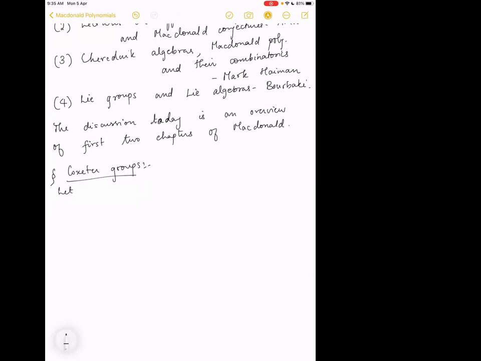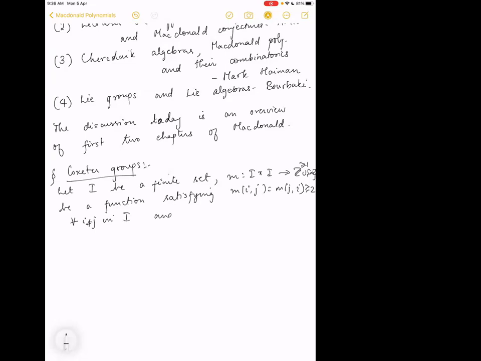Okay, so let I be a finite set, and let m from I cross I to the integers greater than or equal to 1, union infinity, be a function satisfying m of ij equals m of ji greater than or equal to 2 for all i not equal to j in I, and m of ii equals 1 for all i in I, and let W be the group